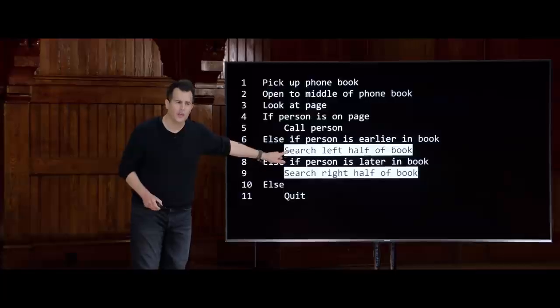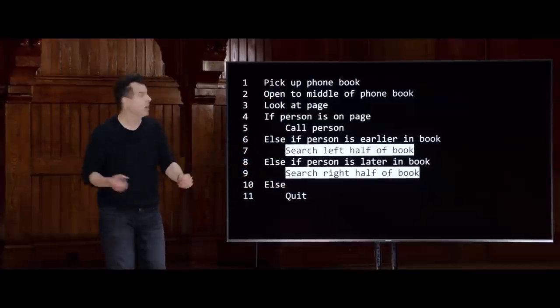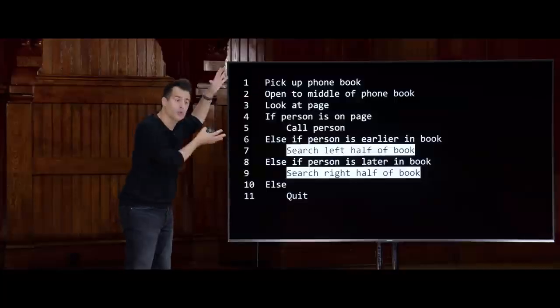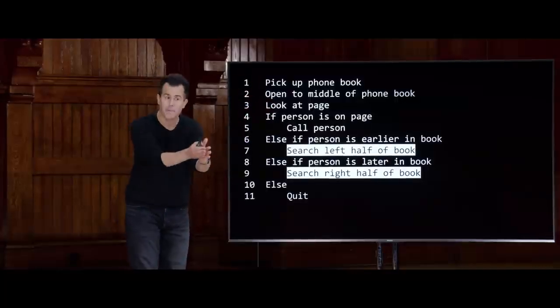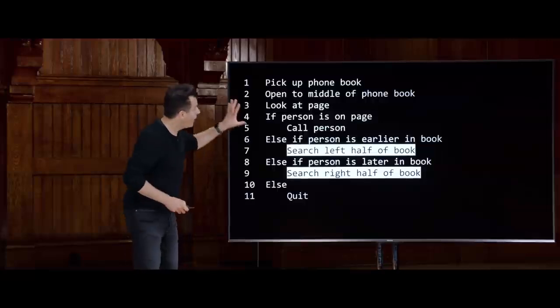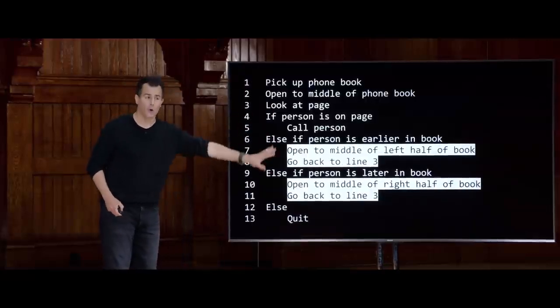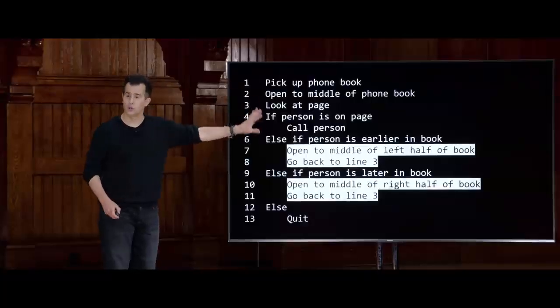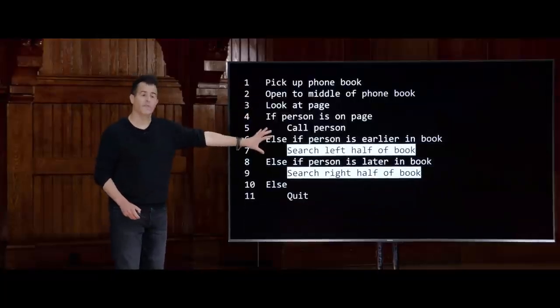Even though it's sort of left unsaid, well, what do you mean search the left half? What do you mean search the right half? Well, who cares? I don't need to tell you how to search half of a book. I've told you how to search a whole book. So just use the same logic to search half as many pages, half as many pages, half as many pages. So whereas the previous version of this code here is an iterative version of our code insofar as it uses loops, this version now is a recursive version of that same algorithm.